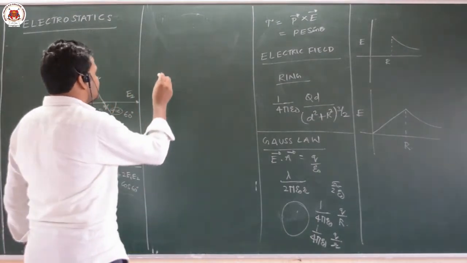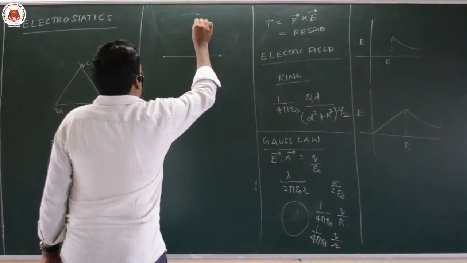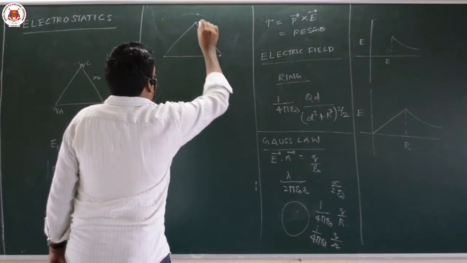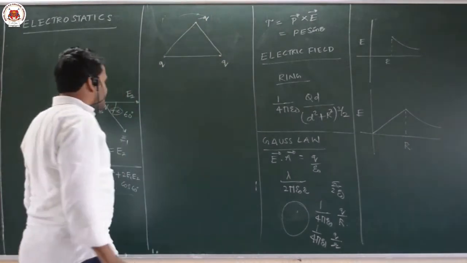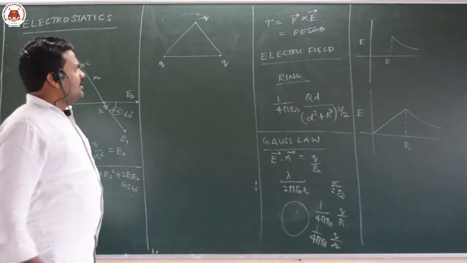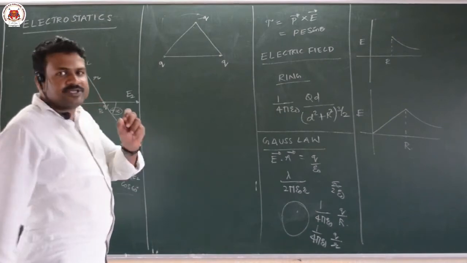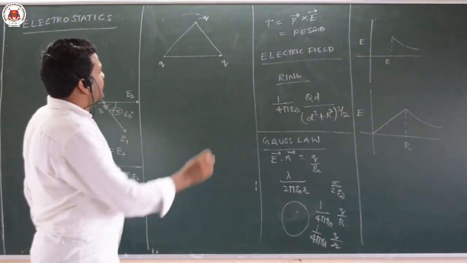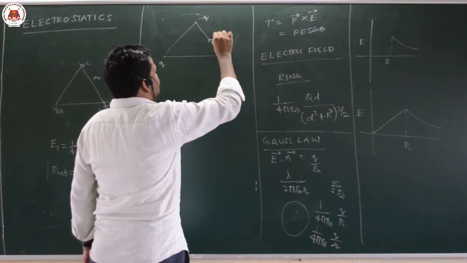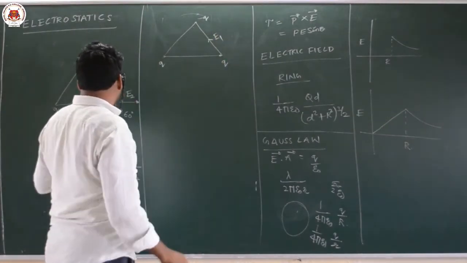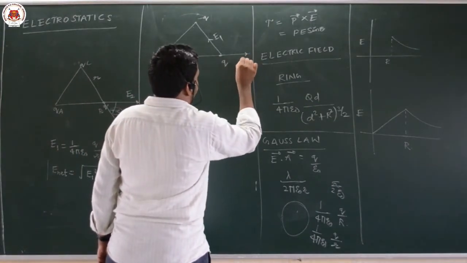Suppose in this question, if one of the charges is made negative, what happens? Here I made it minus q, plus q and plus q. Just observe what happens. Again at the same vertex B, if I want to find the electric field, what do I have to do? First take a positive charge and keep it there. Then this positive charge is attracted by this. This is E1 now. See the difference. This was the E1 in the previous case, now this is E1. And this will be E2 now.